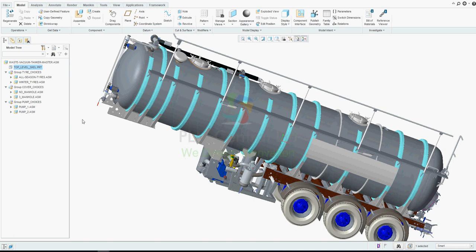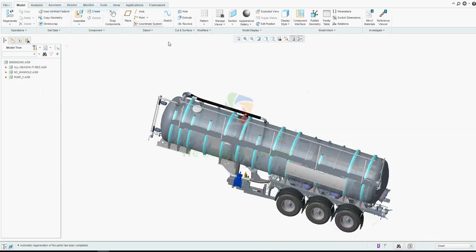The benefit of this is it is Windchill driven, so all choices or specification that a customer asks for can be made in Windchill and provided to the Creo model, which can create its own model with only the choices made being applied. If we look at an example that we done earlier, here is a tanker where the choices